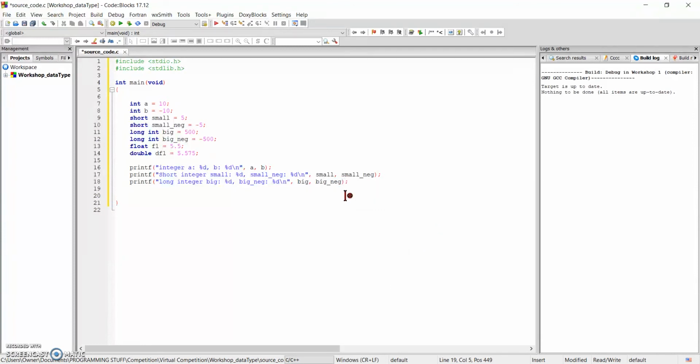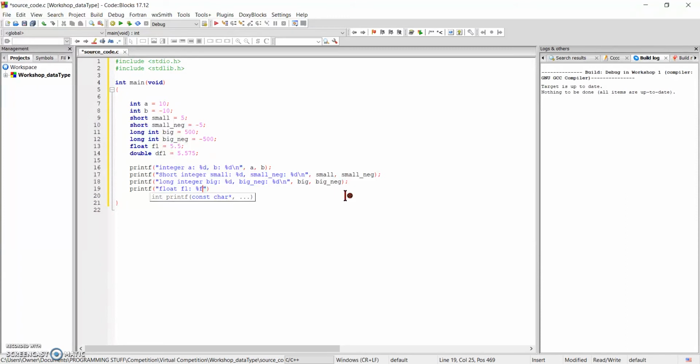So let's go to the next line. We're going to do our print statement again. So printf. Every time you want to do a print statement just for variables like this, you're just going to use printf when you have initialized variables or variables with some sort of set value. So just go ahead and do printf. Make sure you put your quotations, and we're going to do this one more time for our float. So float fl